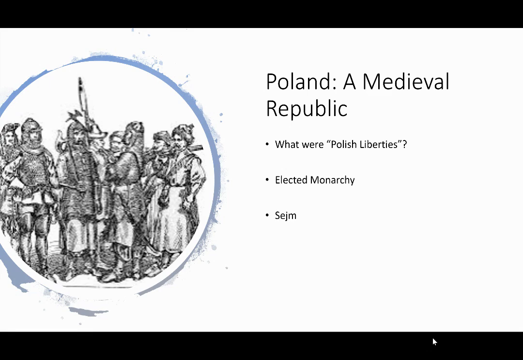The second thing is the Sejm. The Sejm is the Polish representative body. It only represented nobles. There are no merchants, townspeople, or serfs or peasants. It's only a handful of these guys over here. And you can see these guys. These are Polish soldiers of the 17th century. They look a little different. I would assume that's probably how they met in the Sejm. Who knows? But that's kind of cool. But the Sejm is the representative body of Poland that only seats the nobles. So therefore, all the decisions are made by nobles.